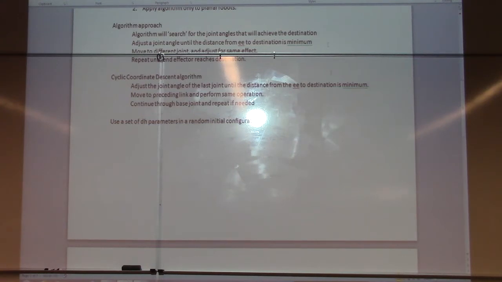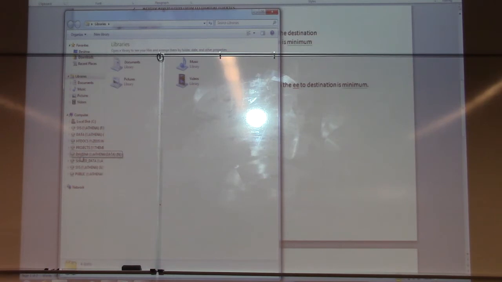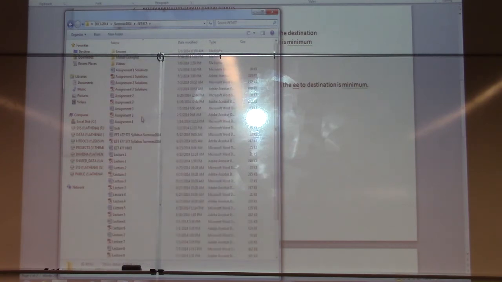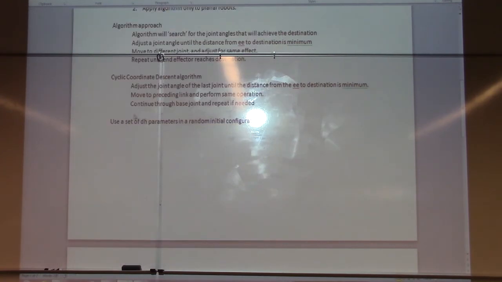Actually, let me pull up the assignment as I have it setting right now, assuming that I saved it before I left my office. So there